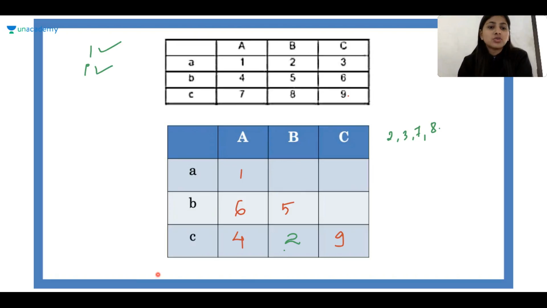No, we have to just use one more. 8 here, 3 here, 7 here. Now, 3, 8, 9, 7, 2, 5, 1, 6, 4. 6, 5, 8, 4, 2, 9, 1, 7. Okay, it works now. But the other case, when you exchange this, it will not work because it will again be 7, 8, 9. Okay, so no need to take that. So we are done with 2. Now we will fix 3 here.